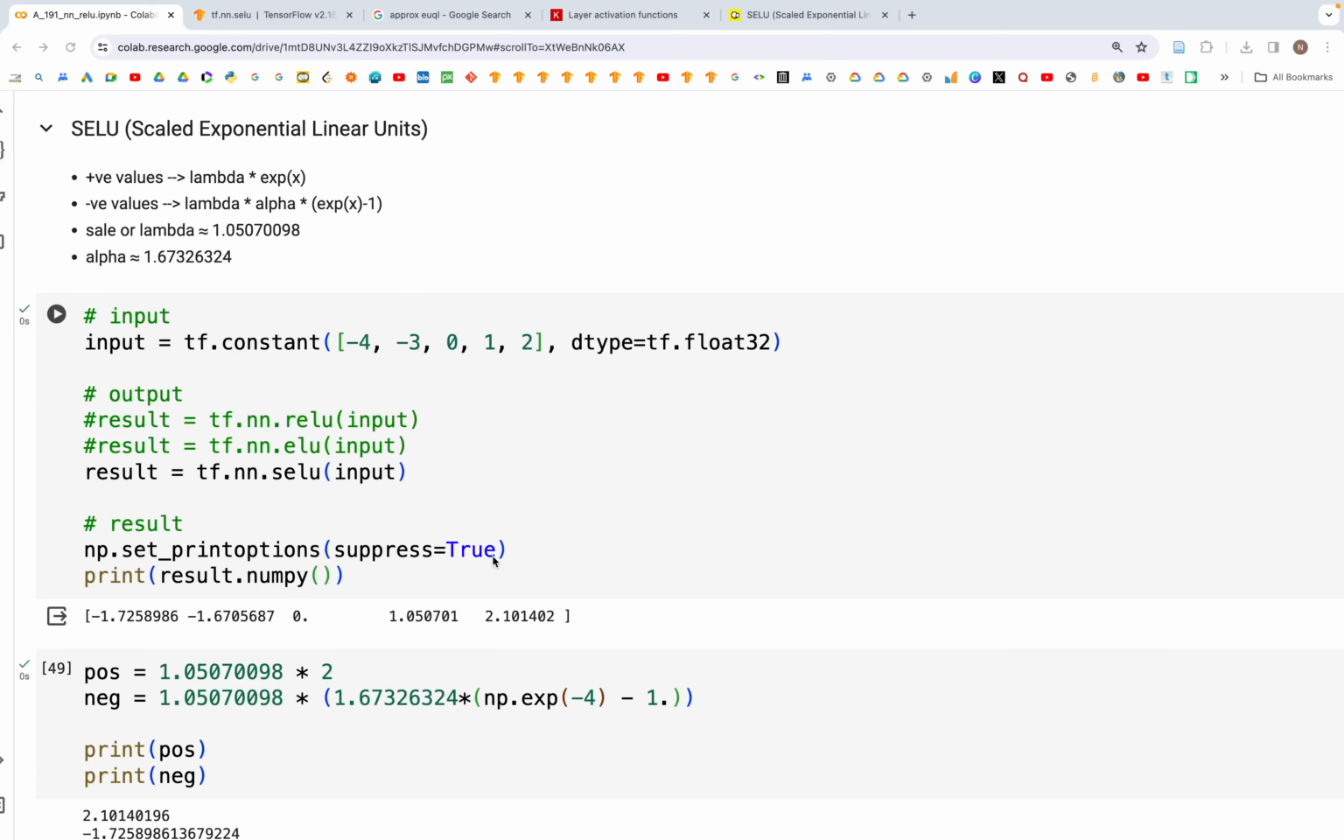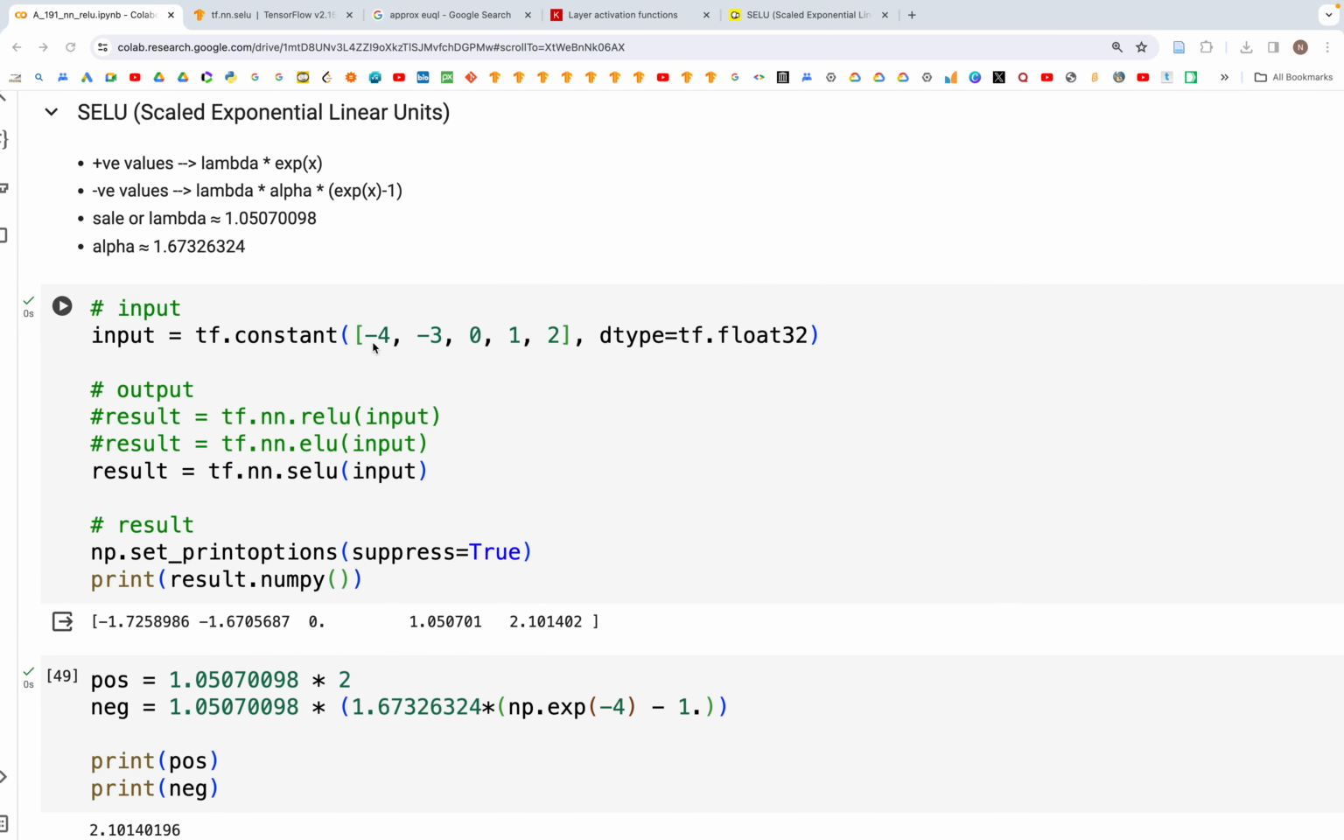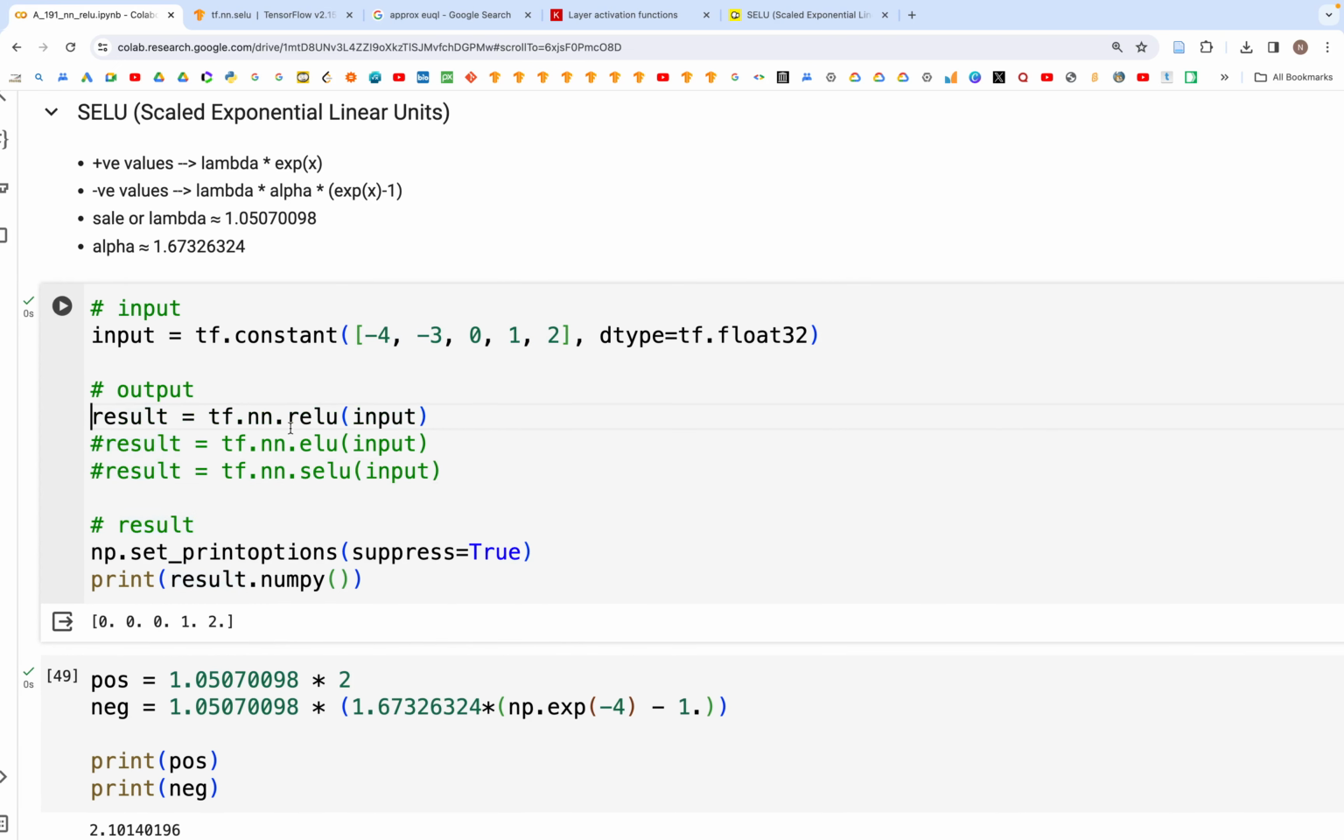Let's now look at scaled exponential linear units. In this case, what we have again is the tensor. As we have seen previously, we have negative values and we have positive values. Again, if we look at the ReLU, if we use the ReLU function, all the negative values are converted to